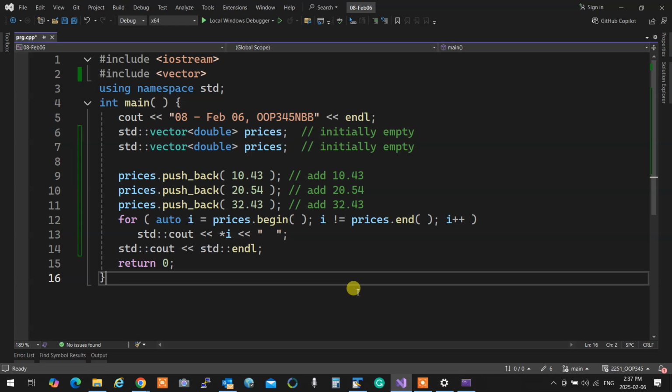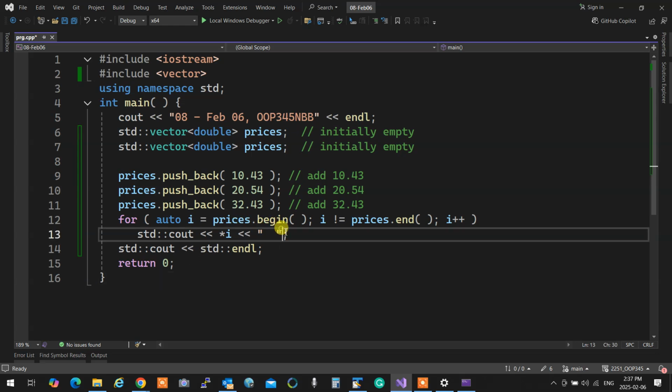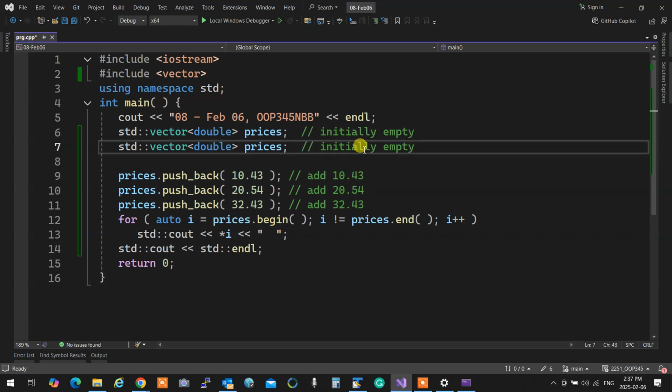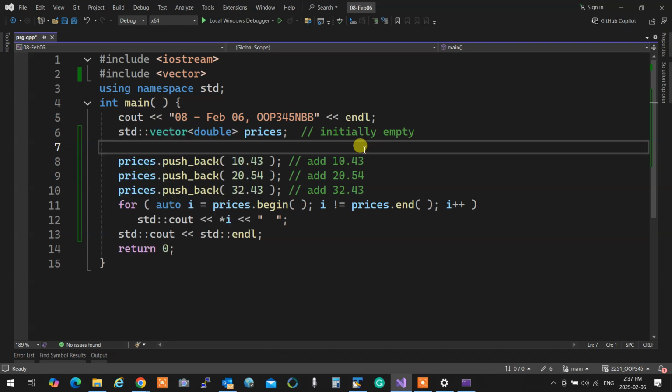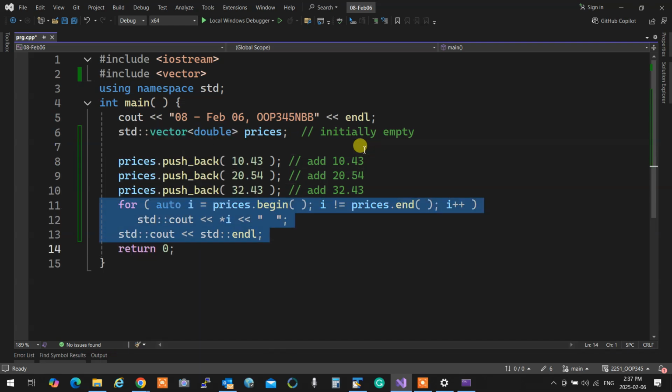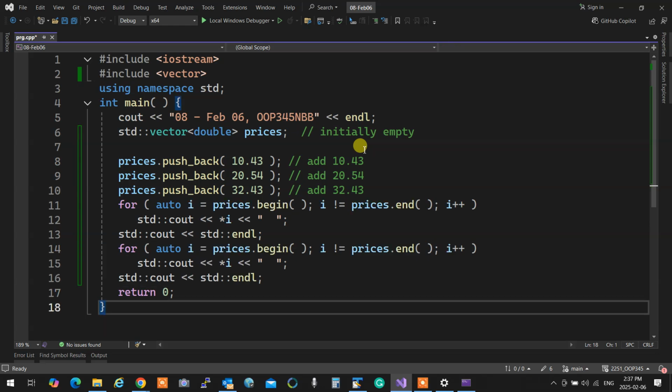Oh yeah. So you were saying it doesn't have to be another one. Why do I have two of these? You're saying, what if I have something like this, right? So you're saying you have another vector of double. Can I use this iterator for that?